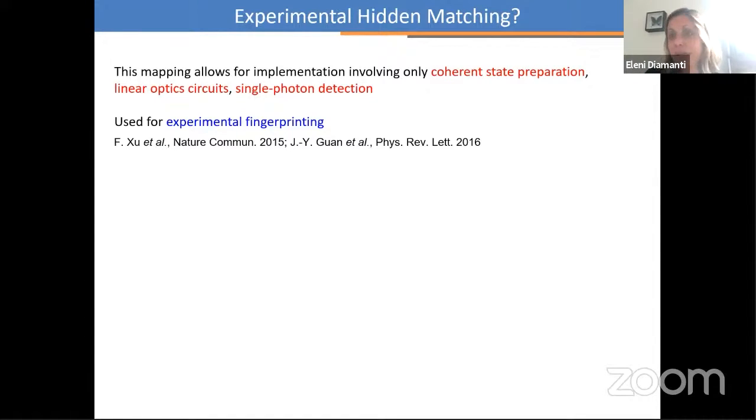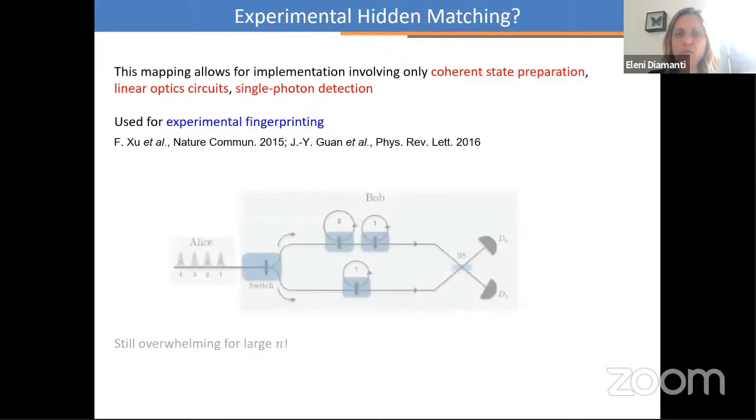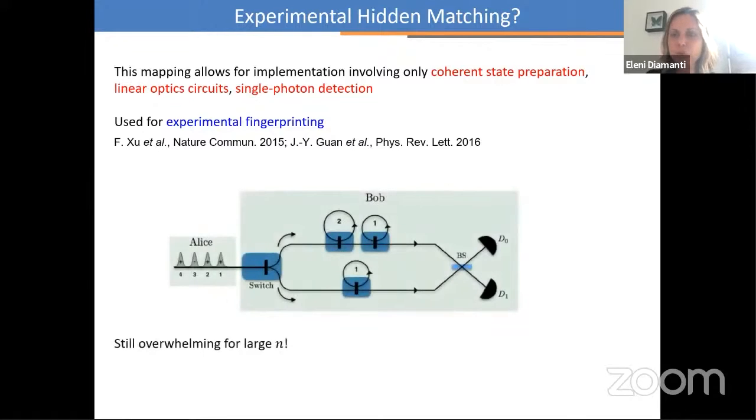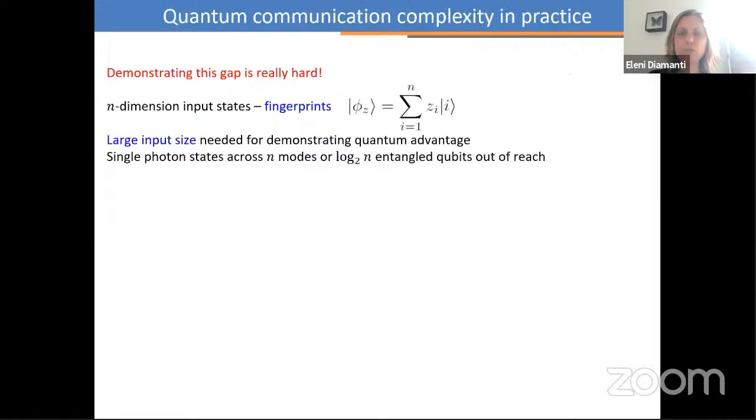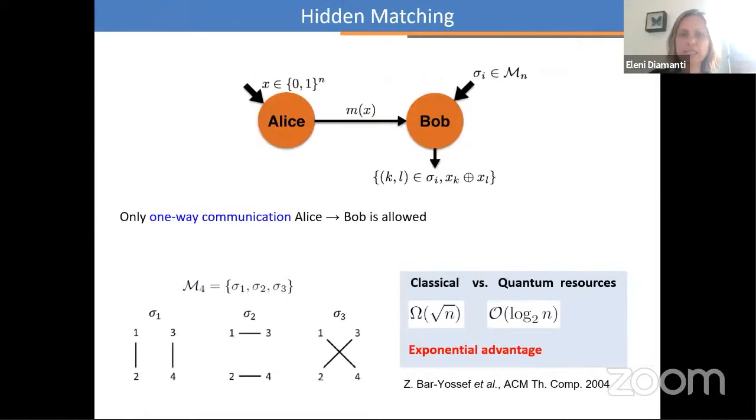But if I go now back to my communication complexity problem in hidden matching, is this sufficient to allow me to perform the implementation? If you look at it, you will see that Alice will be sending her input. Remember, in this protocol the input was these states here. You don't need anymore this very large entangled photon state, so you can just send trains of coherent pulses. But is this sufficient to make it implementable? And then Bob needs to pick